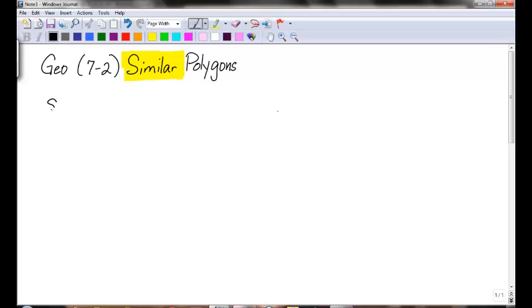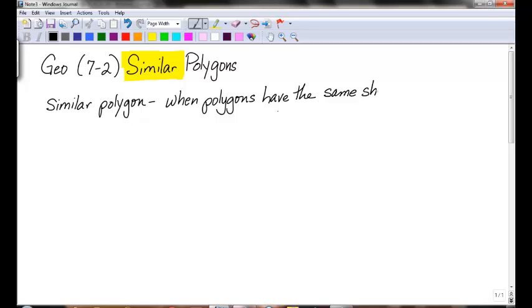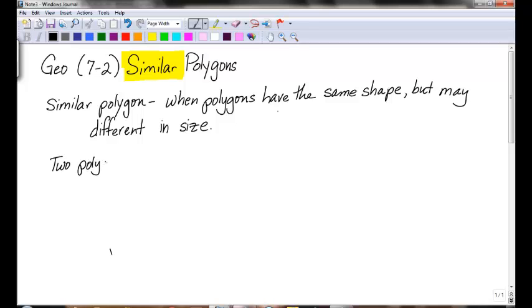Okay, for a similar polygon, it's when polygons have the same shape but may be different in size. And two polygons are similar